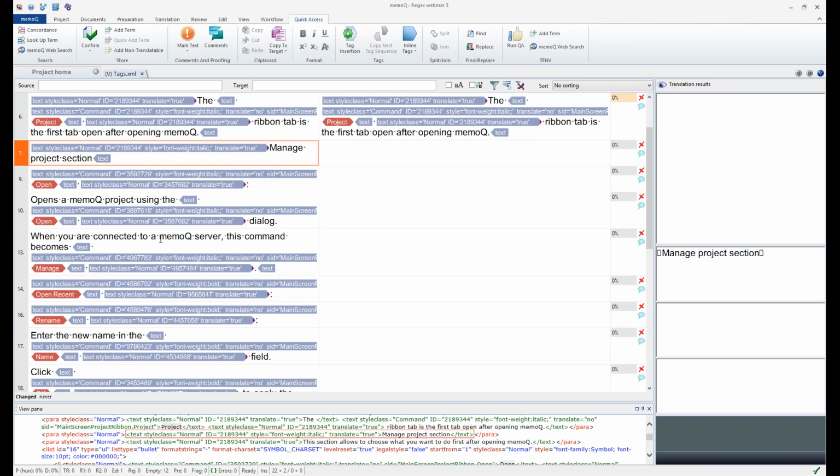Okay, so now I actually want to filter for something more specific. I want to filter for the tags that have the style attribute that is font weight italic. Sometimes it's font weight bold, like here and here, but in the beginning here I have font weight italic. So let me continue filtering,